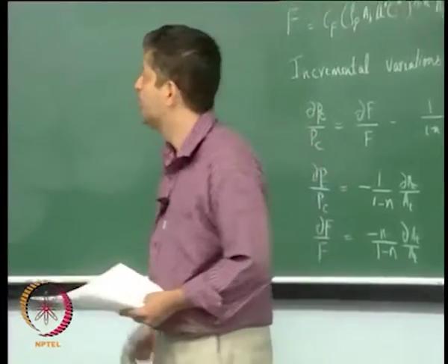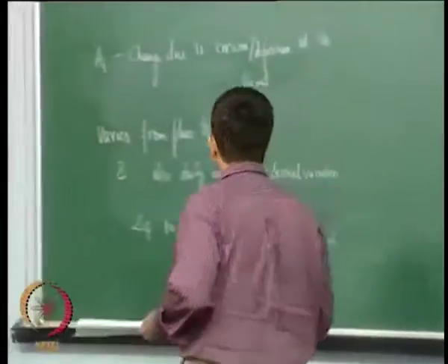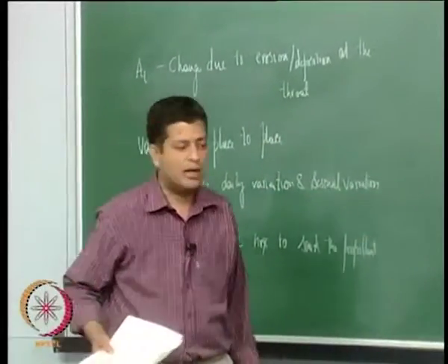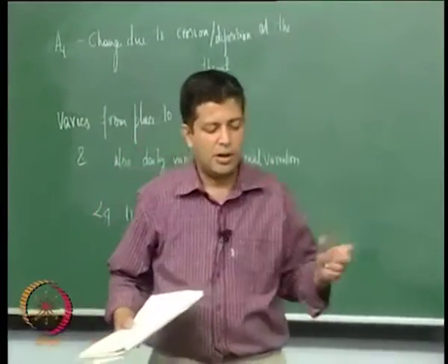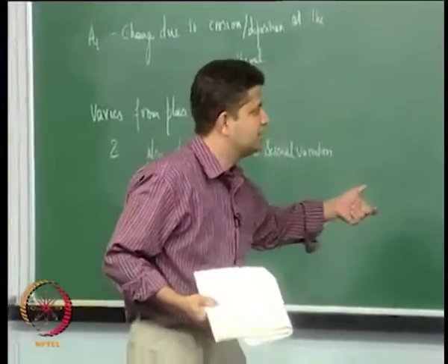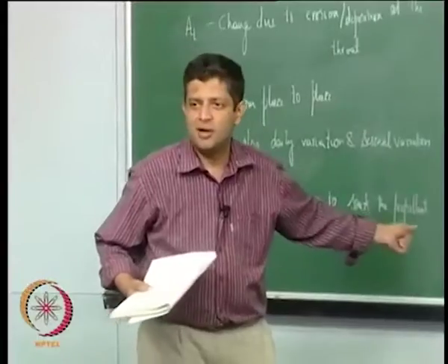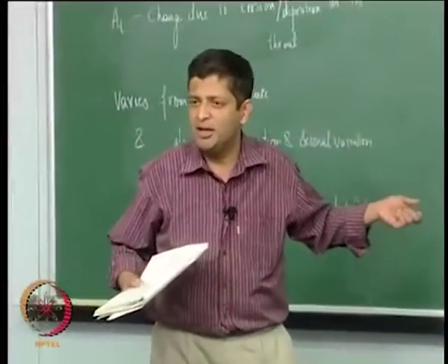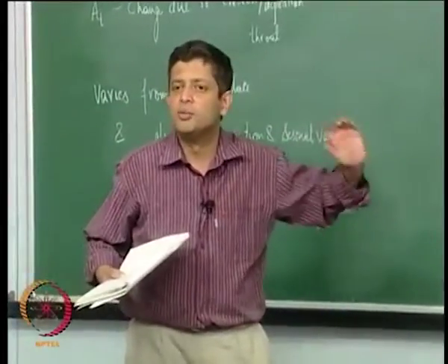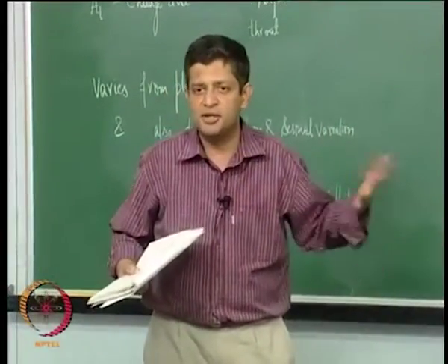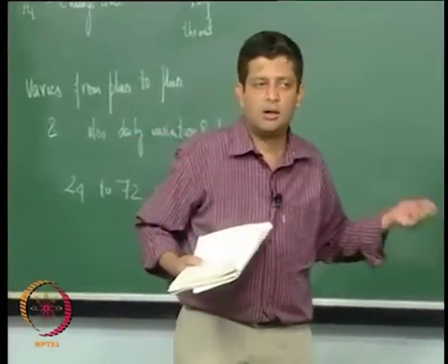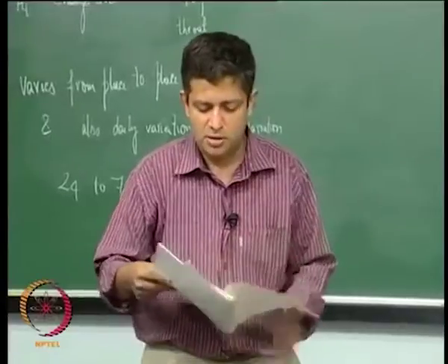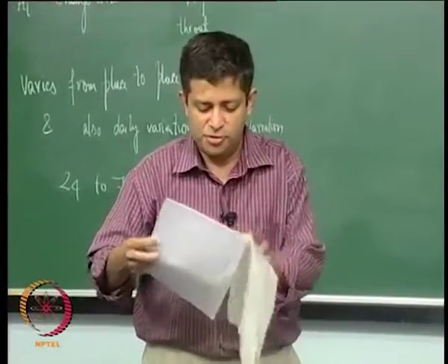So, now we have got these equations. Let us linearize them, or let us take a small variation in AB. These are non-linear equations. Let us take a small variation in AB, linearize these equations and find out what is the change in pressure and thrust. So, if you do that,